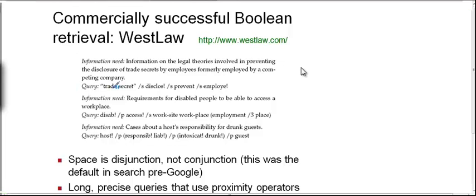Right? Because they are deciding what query to submit, and they know that every document that they are getting in response is going to satisfy this query. So here's another information need. What are the requirements for disabled people to be able to access a workplace? So again, the query could be something like, I would like all documents having a word starting with disab in the same paragraph as a word starting with access, in the same sentence as